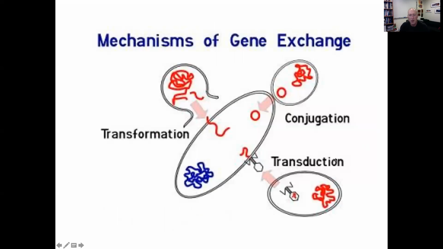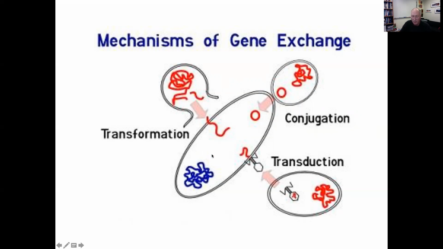So in bacteria, there are at least three, and actually I'm going to tell you about a fourth one as well, mechanisms of gene transfer. Conjugation is used by plasmids that encode a specific machinery for getting them from one cell to another. Transduction is mediated by viruses, bacteriophage in this case, since we're talking about bacterial cells, that deliver DNA from their previous host cell into their next host cell. Of course, if this virus ended up killing this cell, we would never know that it delivered that DNA. But if it didn't package its own DNA, if it accidentally packaged a piece of host DNA, then it probably